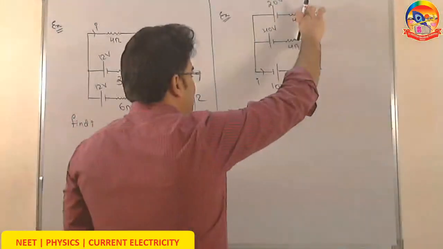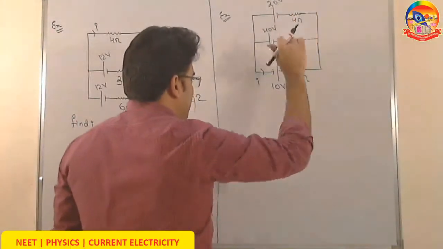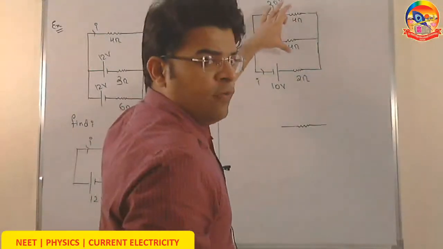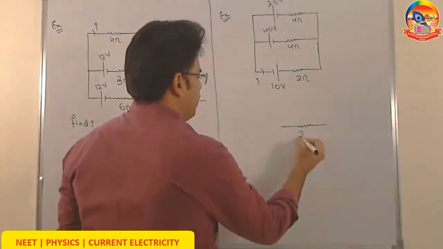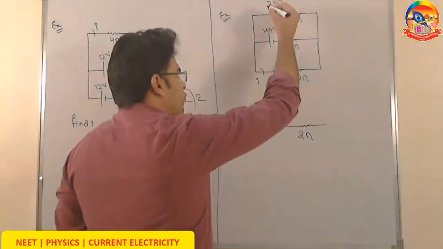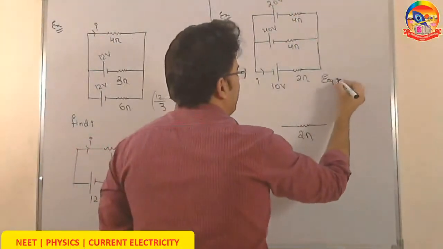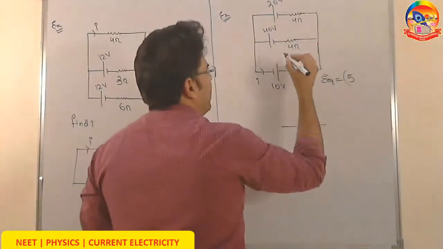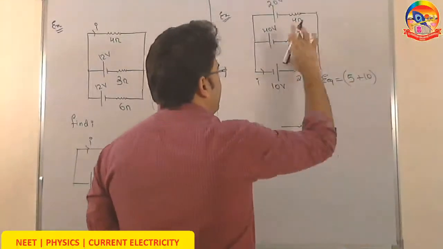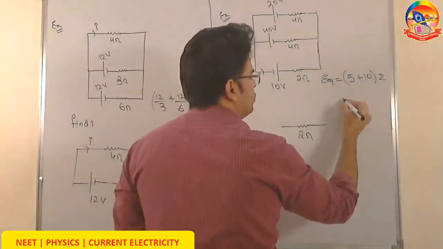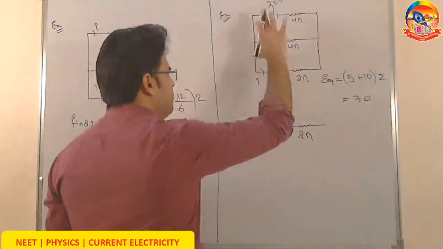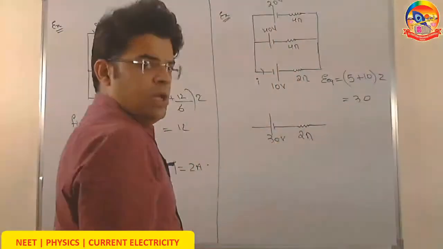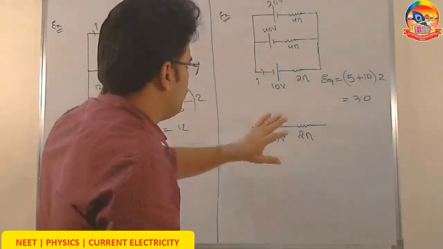If rather than thinking of these 2, I think of a single line, what has to be the resistance? So these two resistances of 4 and 4 will be treated like in parallel, their equivalent will be 2 ohm. Now, to find the E equivalent, we know that E equivalent equals E1 by R1, 20 by 4, 5, plus E2 by R2, 40 by 4, 10, into R equivalent, and the R equivalent is 2. So that comes out to 15 into 2, 30. So in place of these two batteries, place a single battery of 30 volt. Okay, so I have combined the upper two lines.